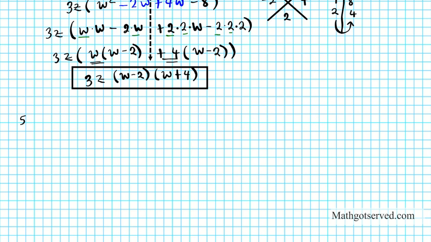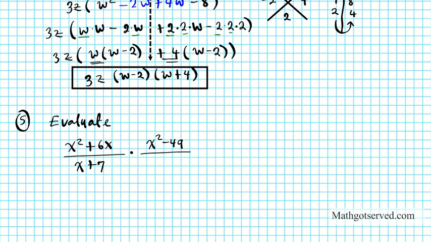Problem 5, we are going to evaluate an expression. So evaluate the expression x squared plus 6x divided by x plus 7 times x squared minus 49 divided by x squared minus x minus 42. Okay? Alright, so with that in mind, we are going to factor them term by term and then see if